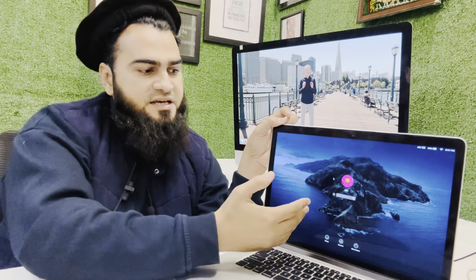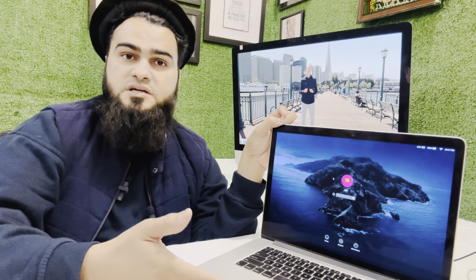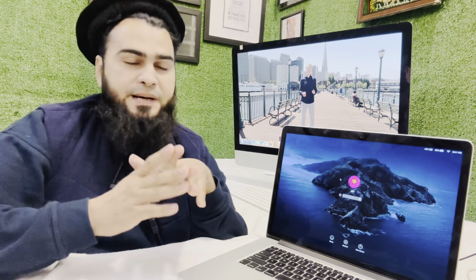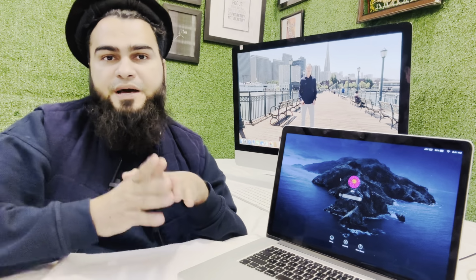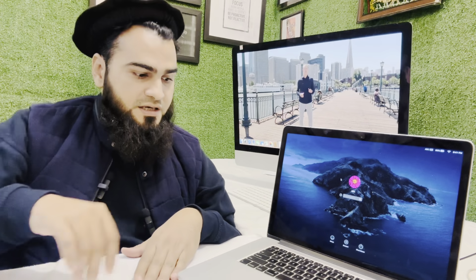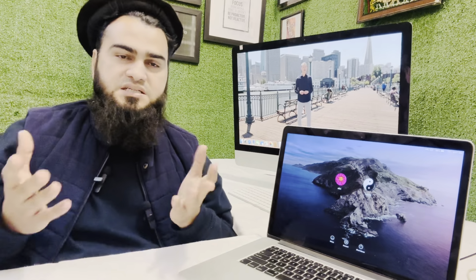ABC is unable to access the Apple user's softwares, and the Apple user is unable to access the ABC softwares, right? So Mac is the best. Why? Because Mac keeps all the privacy with the different users. So here we go, we can create multiple users, 4 5 6 7 8 9 10